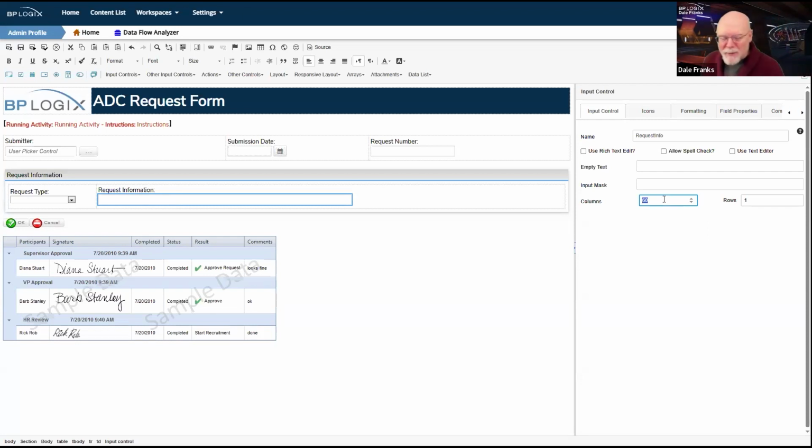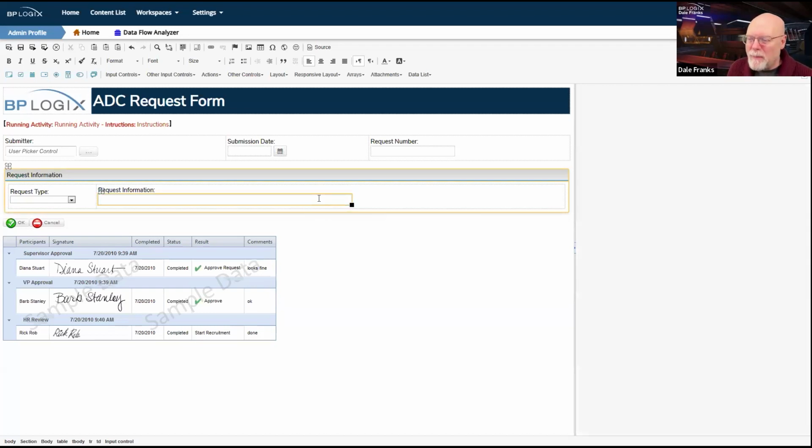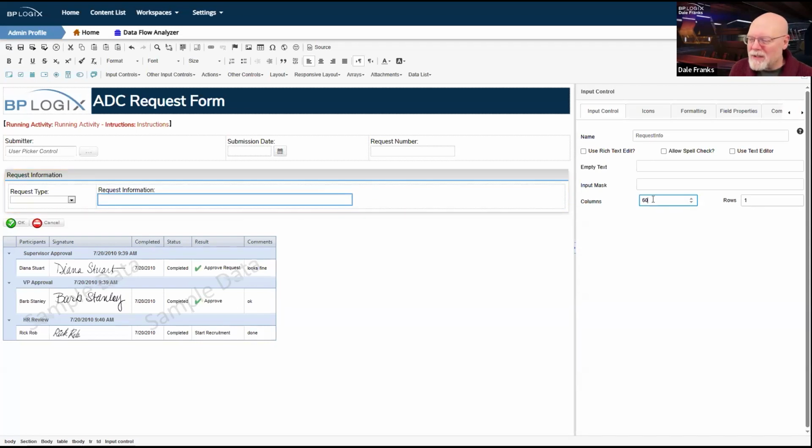Now, this is where we got to be a little careful, because we do have to remember some people might be using their phone. It's generally not a super idea to use your phone to submit forms, but people do. So we have to be a little careful about this, because if you're going to hold your phone in portrait mode, it's going to be really narrow. So it's going to limit what my space is. If I was sure that everybody was going to look at this on a desktop, I might be tempted to move this over to 80, which I think will be fine because that gives me a lot of space over here.